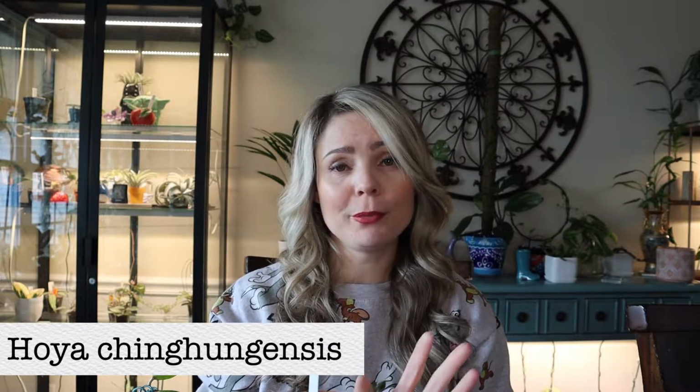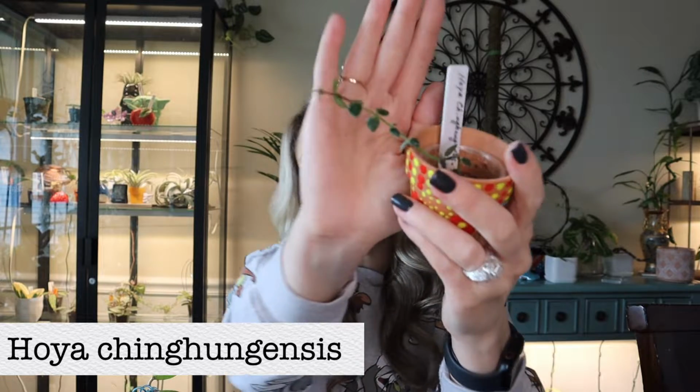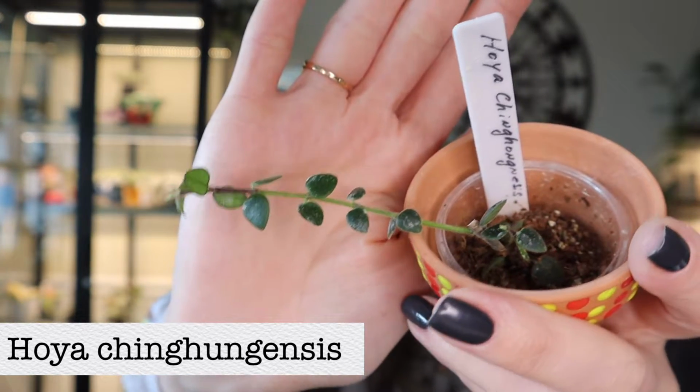Next Hoya is super adorable, you guys. It is my recent purchase, well, recent-ish purchase. I bought it on September 8th, 2022, and this Hoya is adorable. It is chinghungensis. I'm not sure if I'm pronouncing right. This is not an easy Hoya to pronounce, but it is so cute, you guys. Look at those tiny